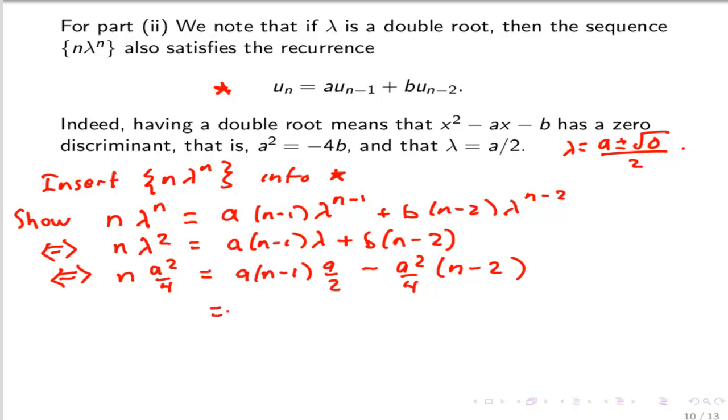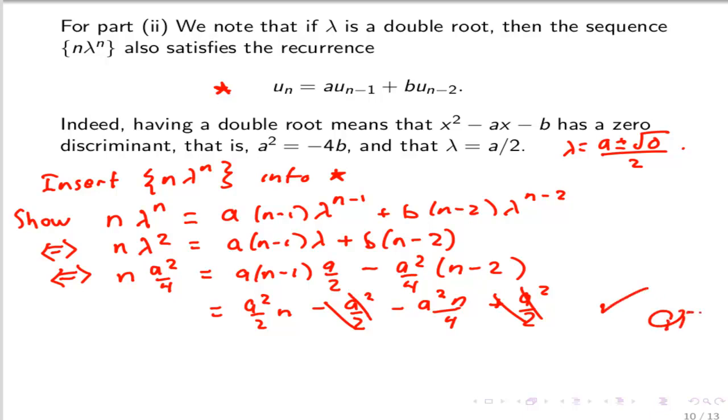So what do we get on the right-hand side? I get a squared over 2 n minus a squared over 2 minus a squared n over 4 plus a squared over 2. So these cancel out. And then this is just a squared n over 4, and we have agreement. QED. To complete the proof, we have to show that if u_n is any sequence